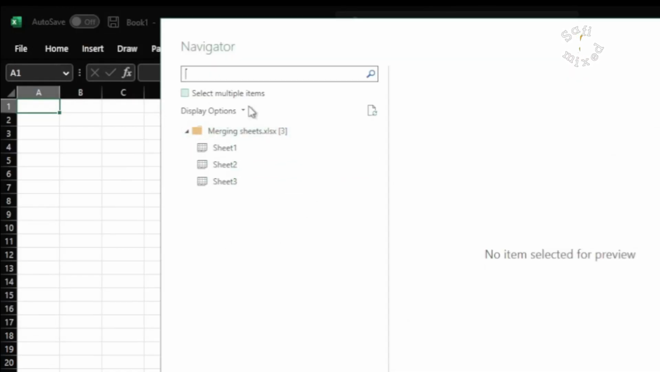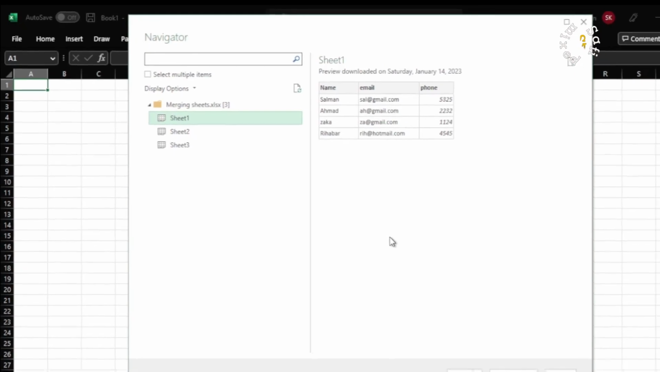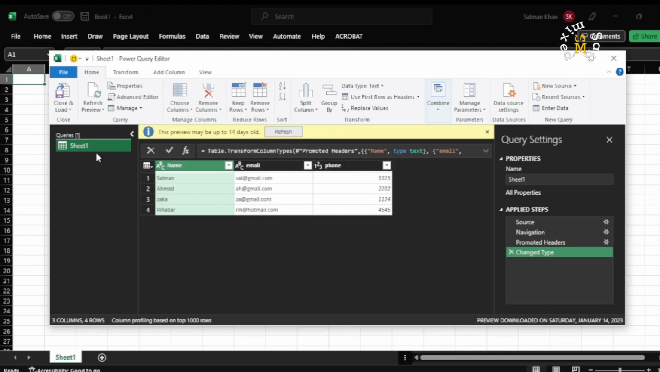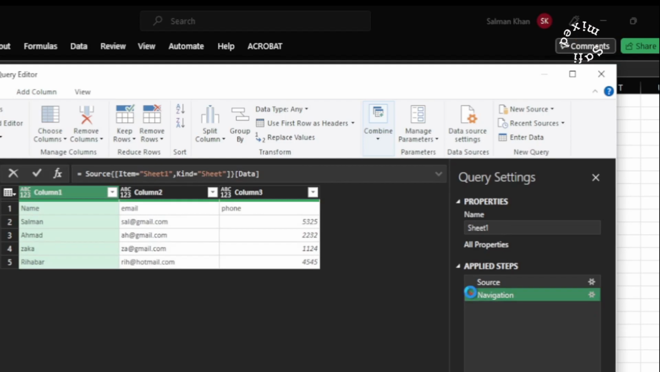So you will be welcomed with this screen. In here, if you want to select from multiple items, you check this box. But I just want to click on a single sheet because the workbook contains three sheets like you saw before. And when I click on a sheet, it shows me the preview of the data in this corner. So I come here to Transform Data and click on this. It takes me to this window, and from here you need to cross out Changed Type, Promoted Headers, Navigation, and